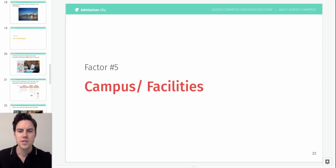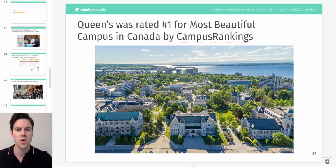Okay, moving on to factor number 5, campus and the facilities. So Queen's was rated number 1 for most beautiful campus in Canada by campusrankings.com, which is my former company. I had no involvement in this. It is really just genuinely an extraordinarily beautiful campus. Here's a picture of it,